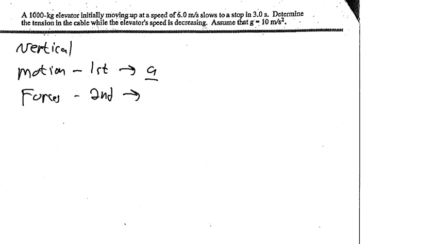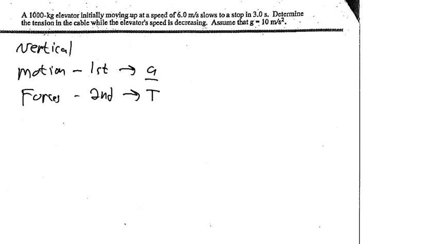So it looks to me that we have a lot of information about the motion of this problem. So in terms of a strategy, I think that this should be a motion first problem, and we can use that information to find the acceleration of the elevator. And then we can consider the forces part of the problem. So the forces part second, where we can use Newton's laws and this acceleration to help us find the tension. So not all force and motion problems work this way, but this particular one seems like it is a motion first